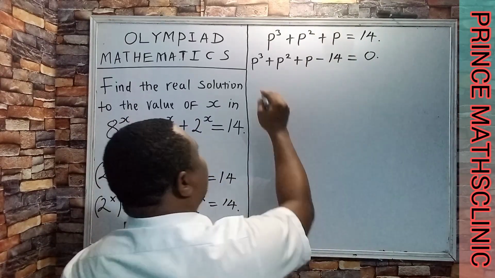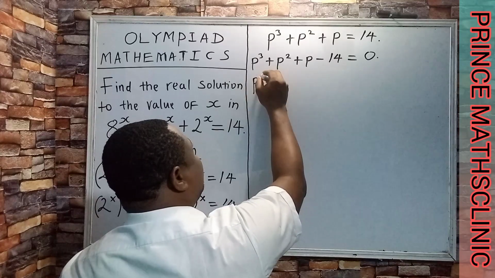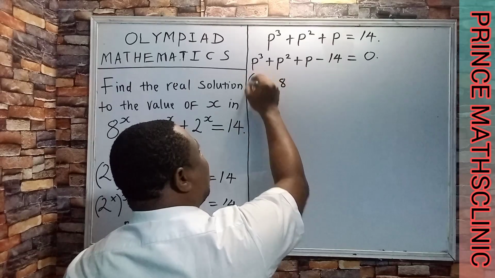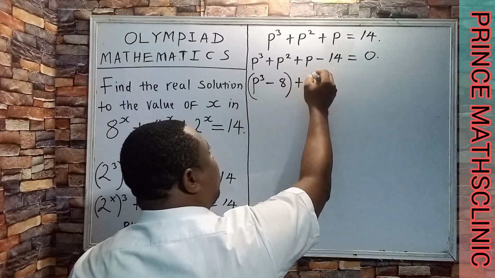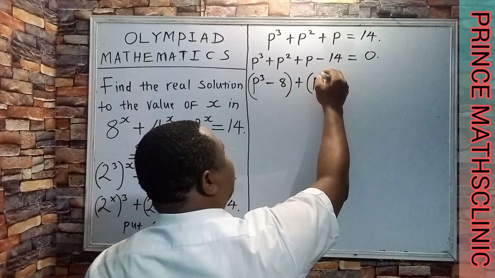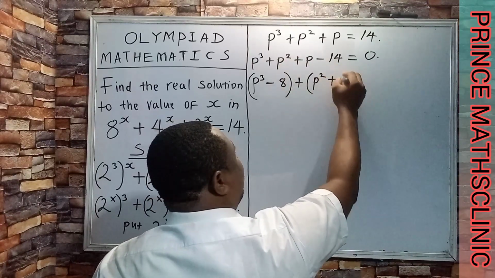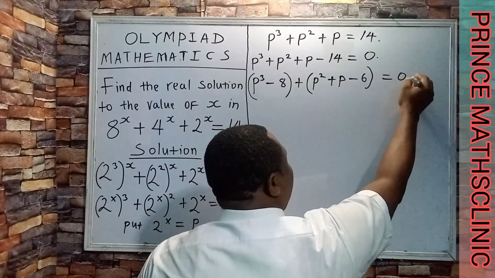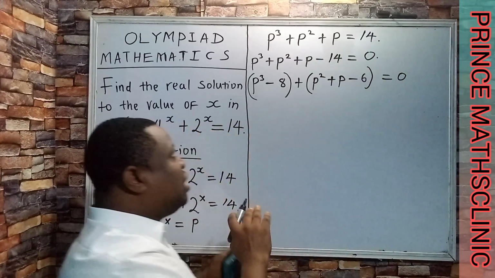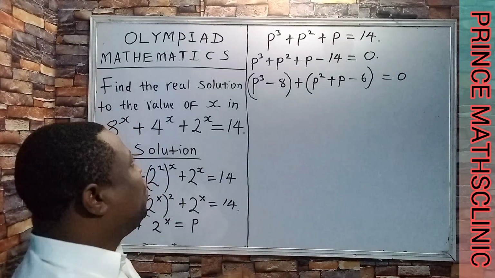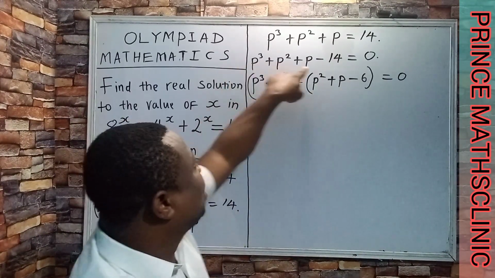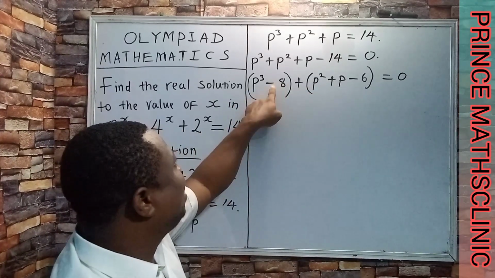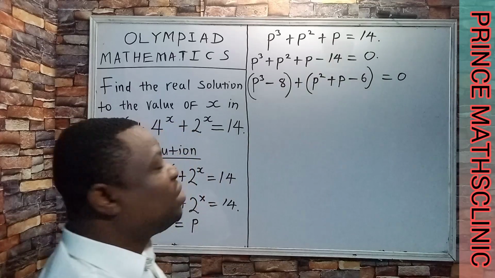And here is the trick. I'm going to say p to the power of 3, then I'm going to put minus 8. I'll put this in a bracket and now say plus p to the power of 2 plus p, then minus 6, all equal to 0. I have not changed anything. If you add everything up together, you are still going to get this: p to the power of 3 plus p squared plus p, then minus 8 and minus 6 gives you minus